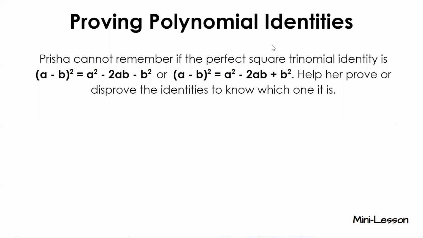So Prisha cannot remember if the perfect square trinomial identity is that or that. Help her prove or disprove the identities to know which one it is. Okay, so